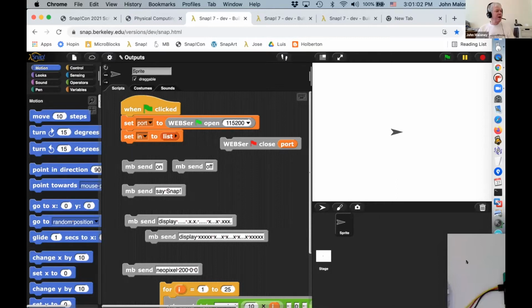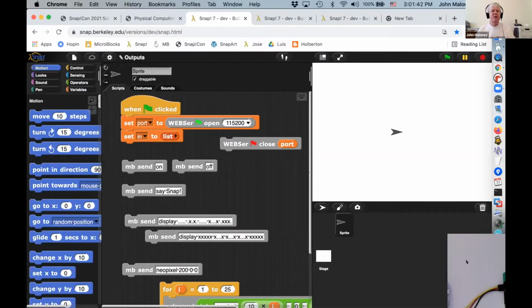Basically, this story starts in March when Google added the ability to connect to serial devices from the Chrome and Edge web browsers. And shortly after that, two members of the Snap and Microblocks community, Turgut and Darius, started working on a library for the serial port for Snap. They built this library using the JavaScript extension, and they went through many iterations and tried all kinds of things and refined it. And eventually they sent it to Jens, and he's going to incorporate it in the next